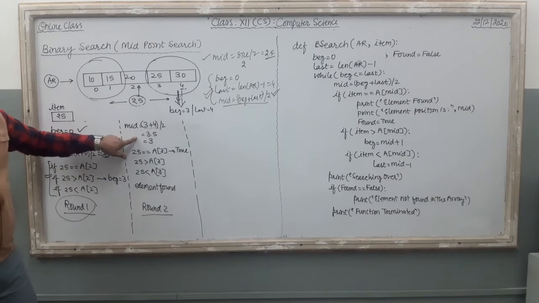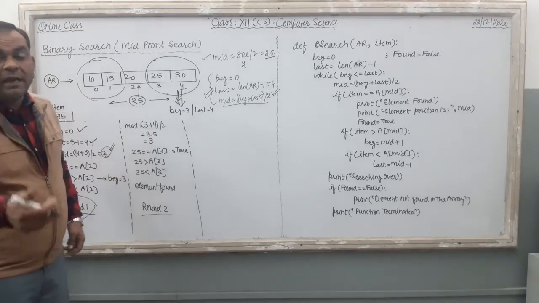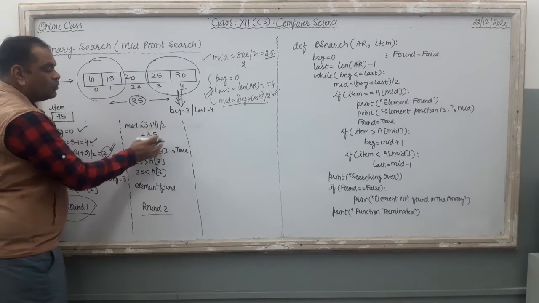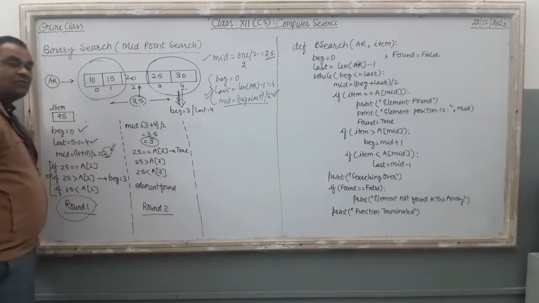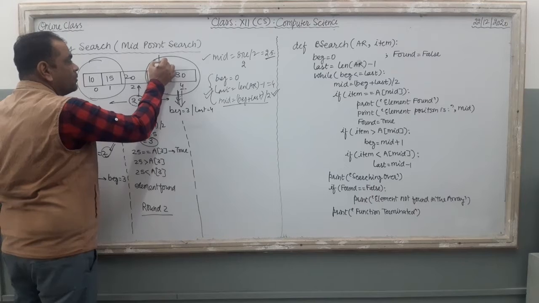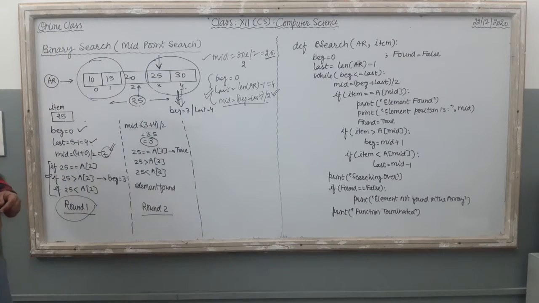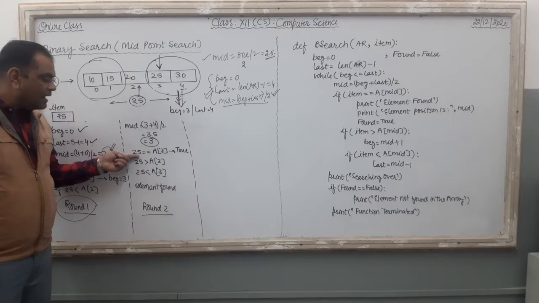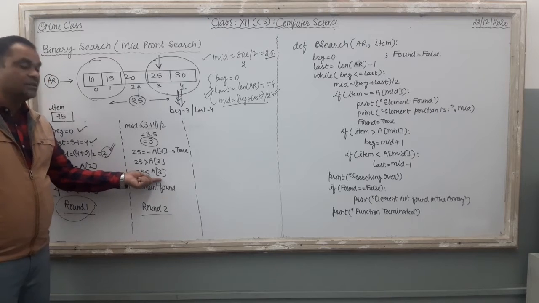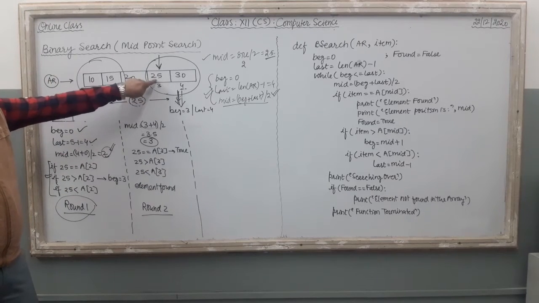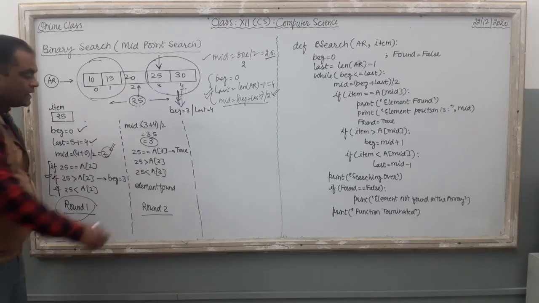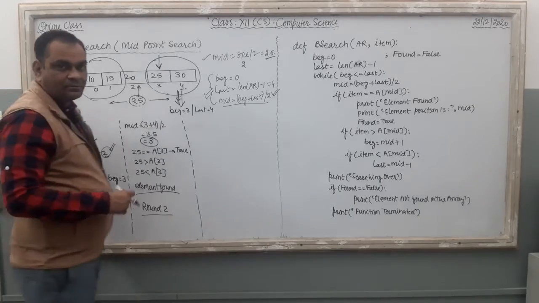Now again in the second round, we have to calculate the middle position. How do we do it? 3 plus 4, 3 is the beginning, 4 is the last position, upon 2. Result is 3.5. By default, the computer will take 3 here. Means now the middle position is 3. The computer puts its pointer at this particular position. Right? Then again: is 25 equal to A3, is 25 greater than A3 or 25 less than A3? Now what will happen? Just see, the 25 value is matched here. We will get our value. Now as soon as the value matches, the message element found should appear in front of you.